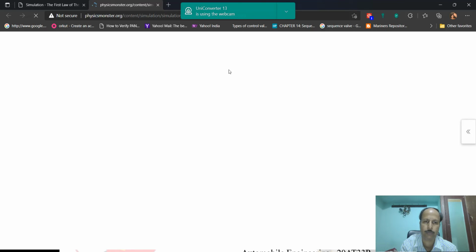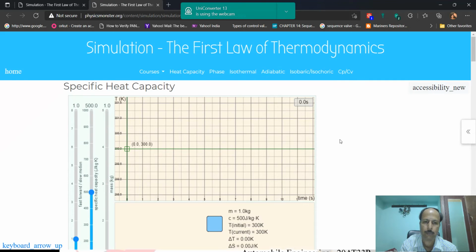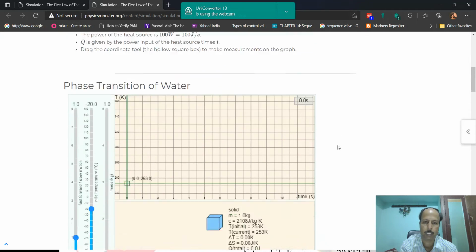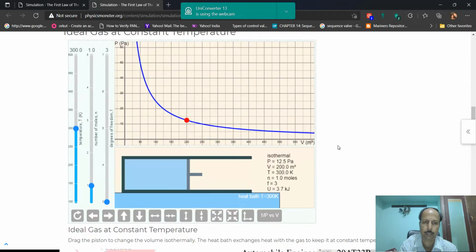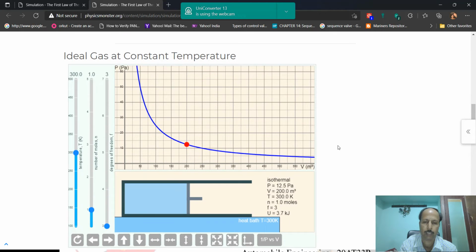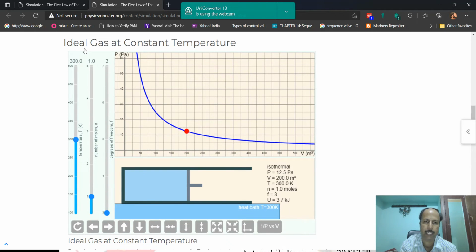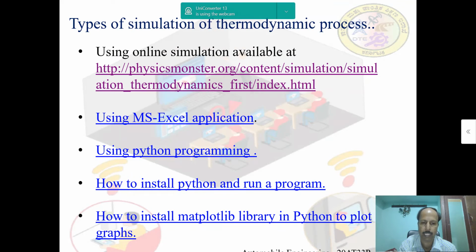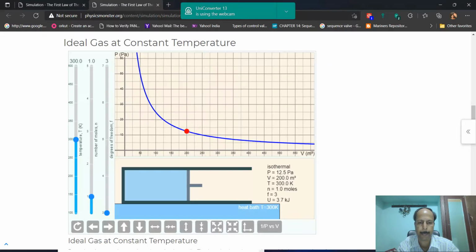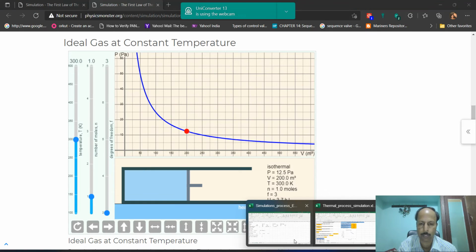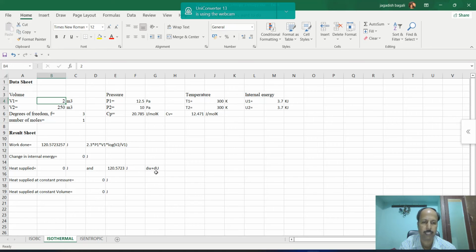Then scroll down to the simulation which says ideal gas at constant temperature. Then you need to note down these initial readings in an Excel sheet. That's what I did here. I have used this Excel sheet to take down all the initial and final readings.